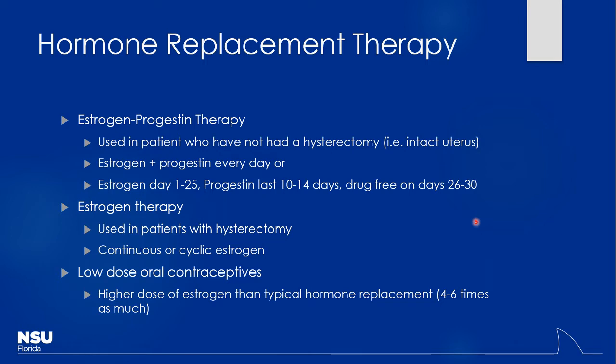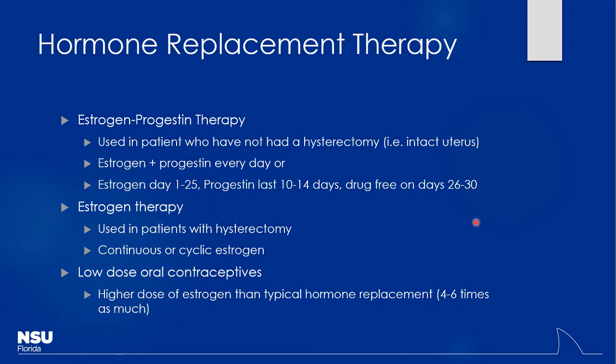By combining the progestin in, this is going to be better for patients who still have an intact uterus, because it's going to help prevent a lot of that endometrial hyperplasia from occurring. And because these patients don't necessarily need to have any sort of withdrawal bleeding, you can actually give them estrogen-progestin every single day. You don't have to have any kind of withdrawal effect, but some people still like to have that sort of